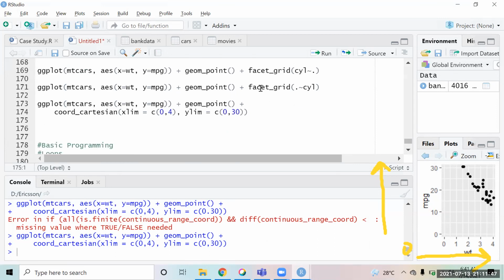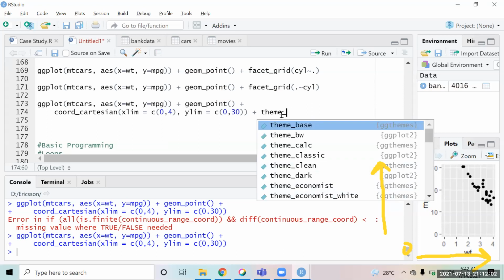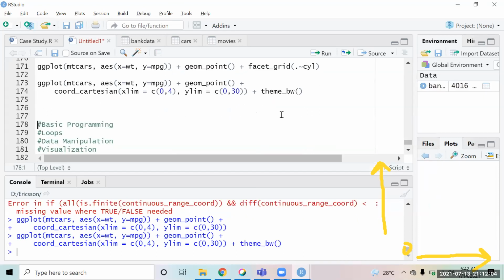You can use all of these, the grid, coordinates, everything can be used together as well. The themes and all, you just have to apply a theme. So you can say plus theme again on this. So the theme will be applied again. Right?